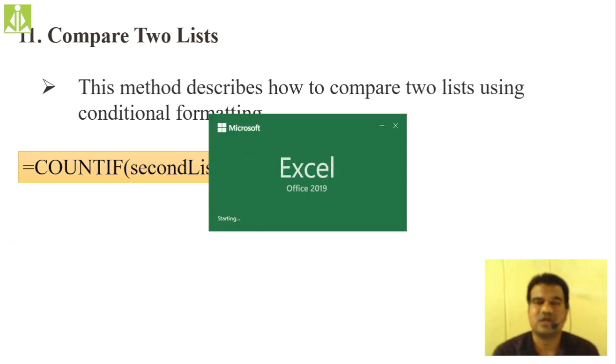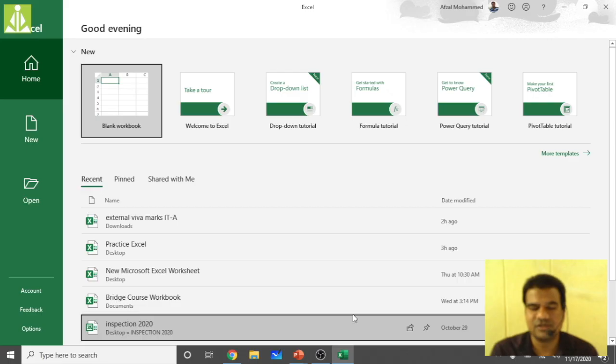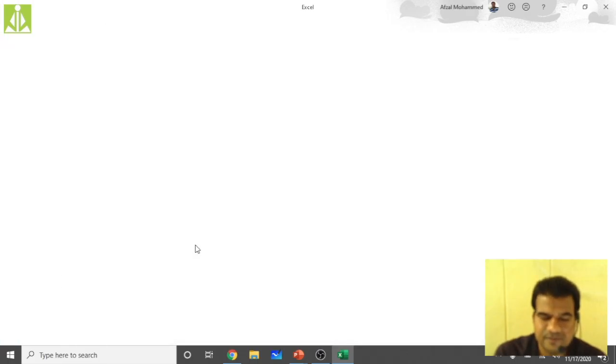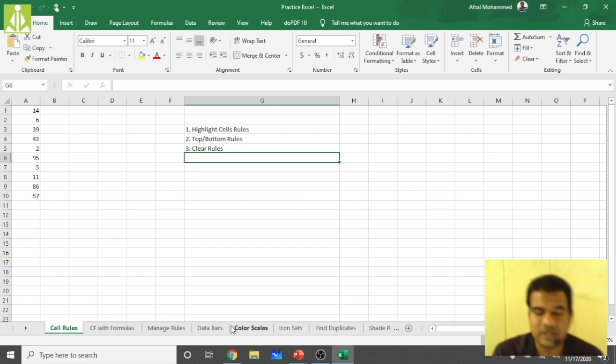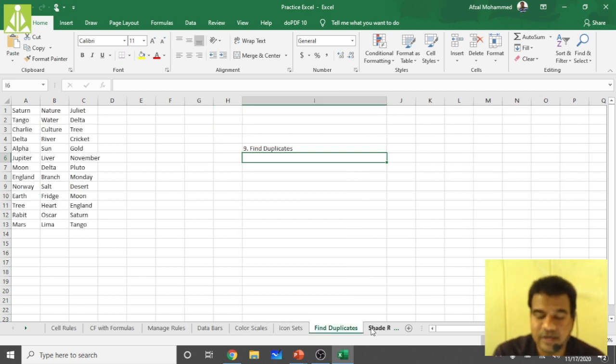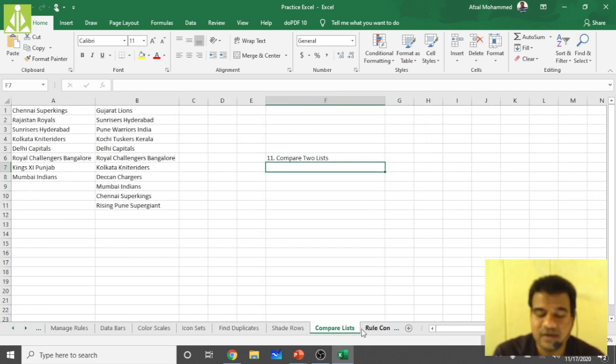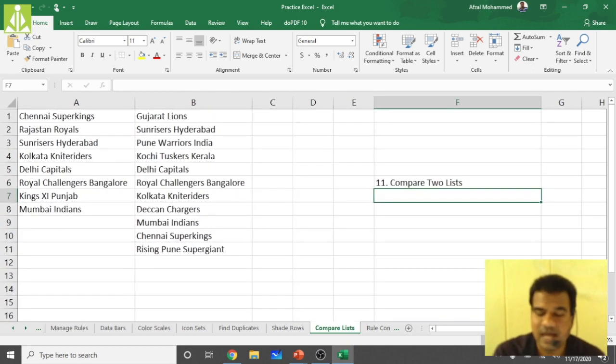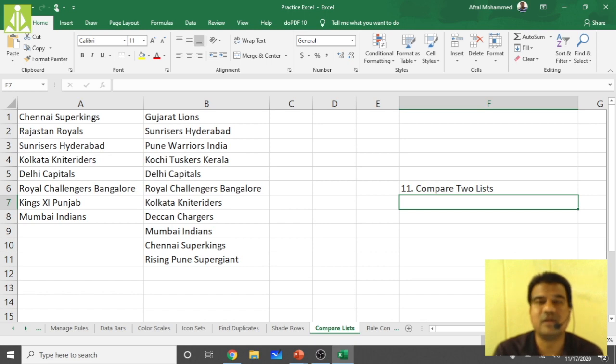After opening the Excel document, go to find duplicates, then shading rows, then comparing the lists. Here, as you can see, I have two lists of IPL teams.